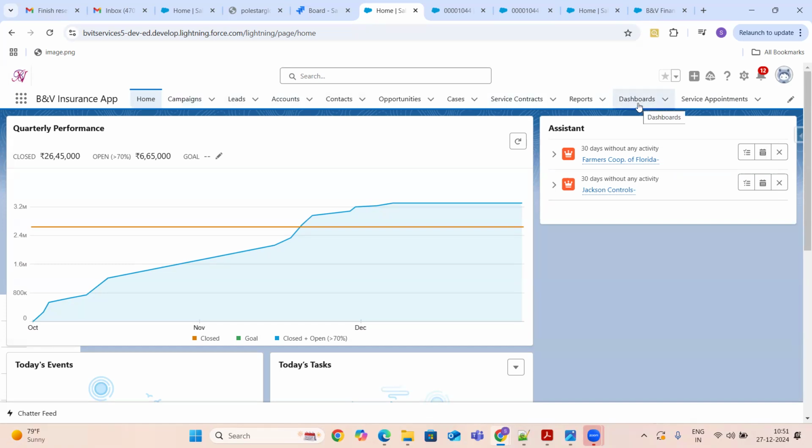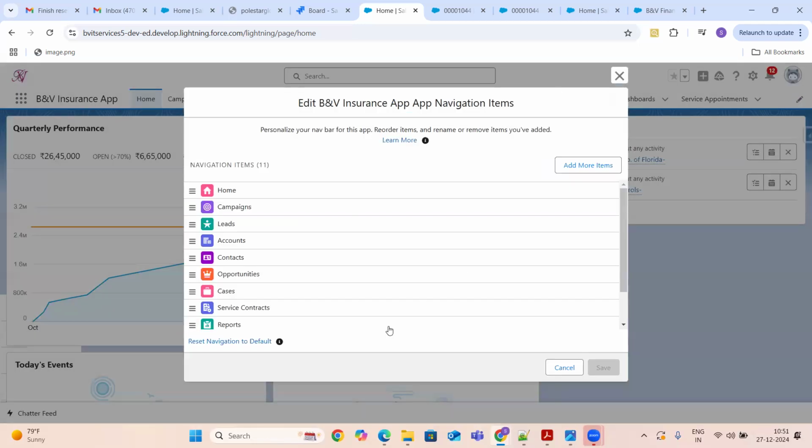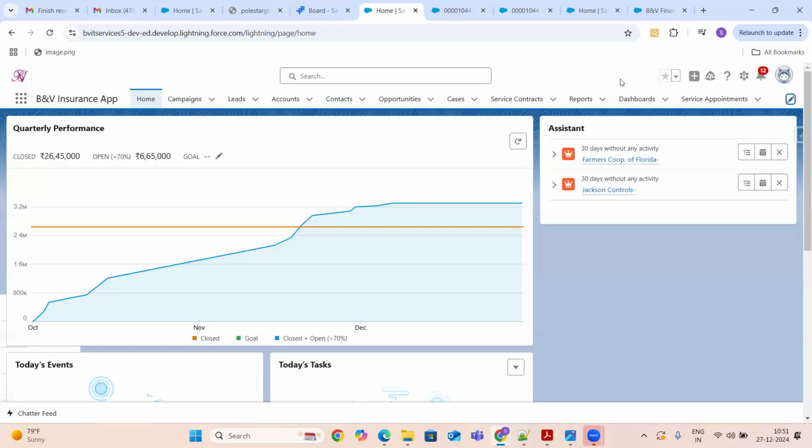So whenever I assign the app, if any user who has access to that particular app logs in, they are able to see all these tabs. That's it. But you have the option to add more available tabs for yourself if you want to add them. But that is available only for you. That is your own personalization.